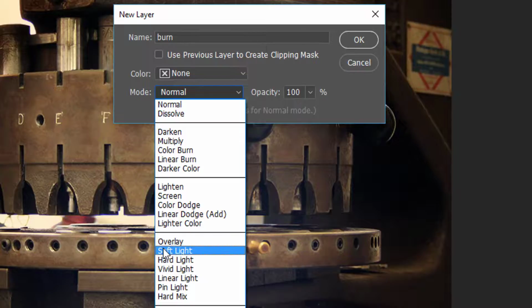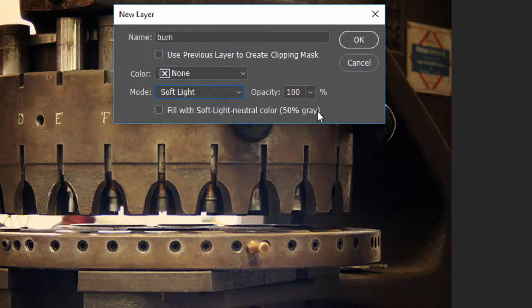What they will do is take the tones of the top layer. If they are darker than middle gray, it'll darken the image under it. If it's lighter than middle gray, it will lighten the image under it. Since I don't want this terribly aggressive, I'm going to use soft light. Now that opened up this line here. And I'm going to click on that. I'm going to tell it I want it to fill with neutral color, 50% gray. When I say OK,